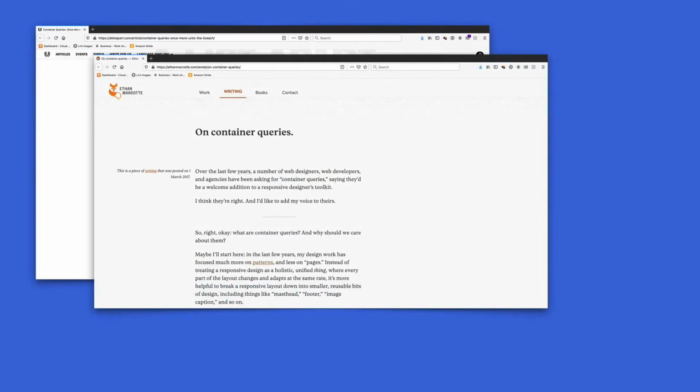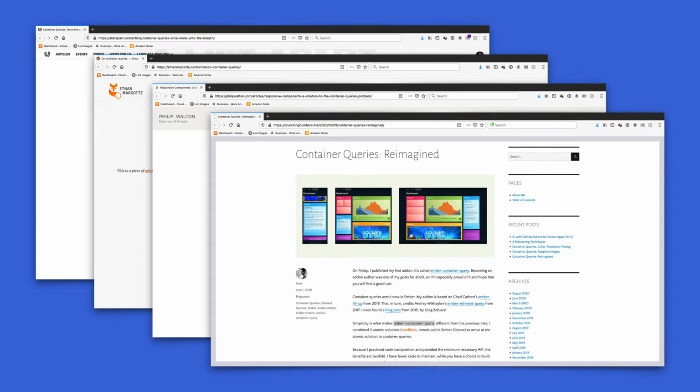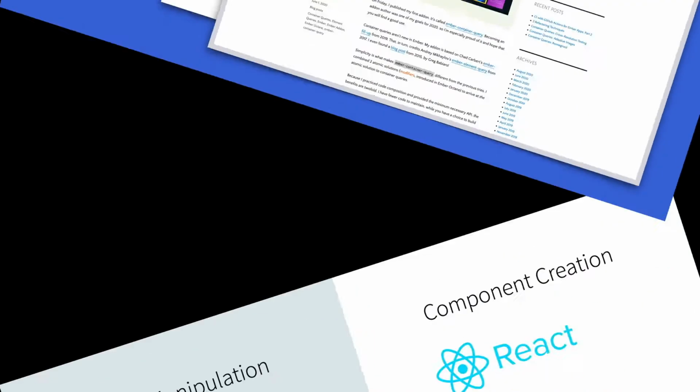People who are doing web design aren't thinking so much about web pages anymore, or at least some of us aren't, and are thinking more about how to design systems of components. It's become so common that there's a lot of articles where people are asking for container queries or trying to find solutions for container queries. And the whole need for container queries is an acknowledgement that we want to be able to define rules for these smaller pieces of a page, not the entire page, which is what media queries allow us to do.